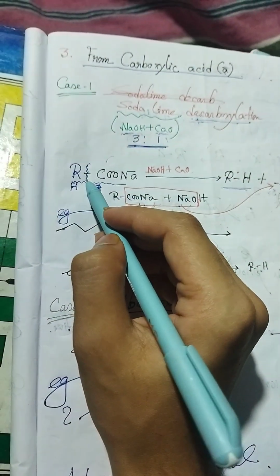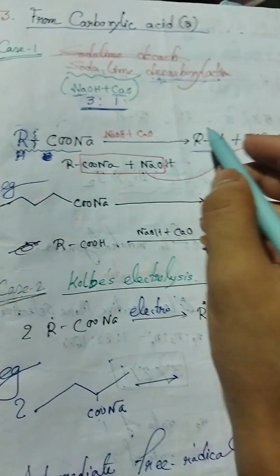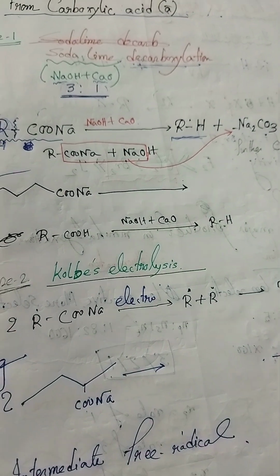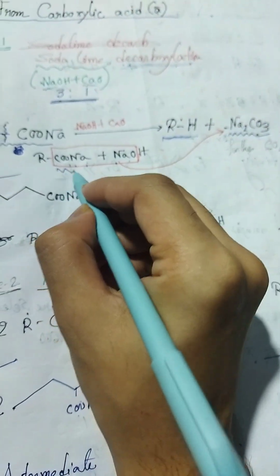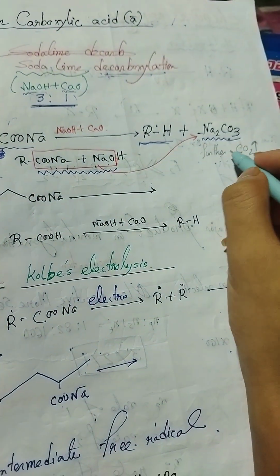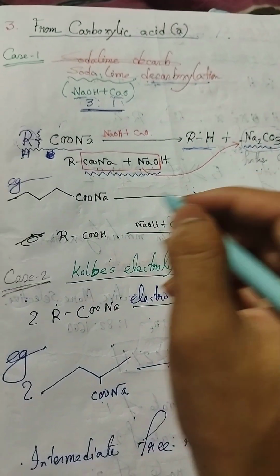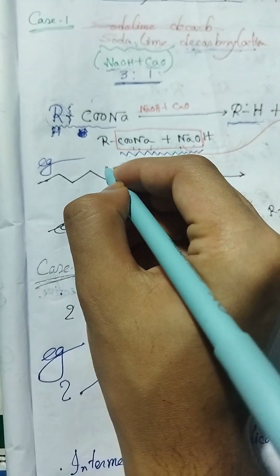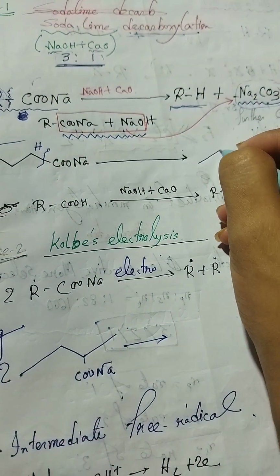Here this bond breaks and H is attached to the alkane side, the R side. The product is alkane and Na2CO3. Na2CO3 is formed from this, and further this breaks and CO2 is released. In this example, the bond breaks and here H is attached. The product is